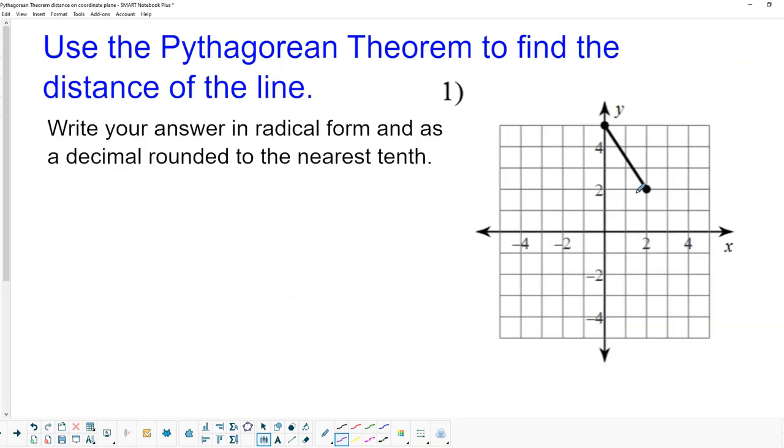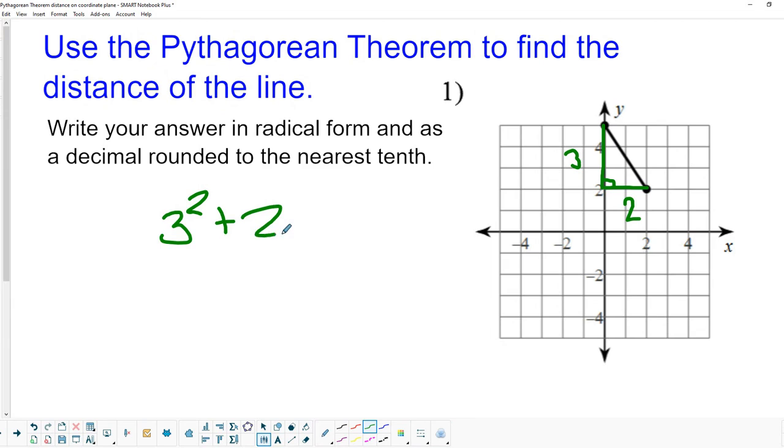So here's our first example. We have a slanted line. In fact, this was the one we saw a moment ago. So I would, using a marker or pencil, use a couple of straight line segments and make a right triangle out of this, with the side that we're trying to find the length of as our hypotenuse. Now we look at our triangle, we have a length of 3 on this side and 2 on this side. So using the Pythagorean theorem, we can say a squared